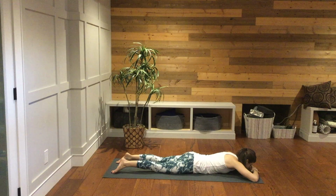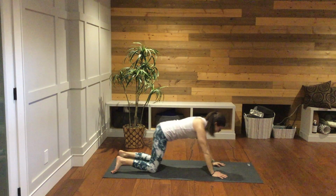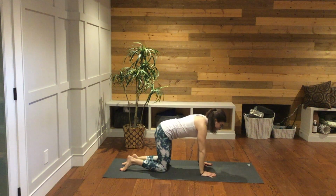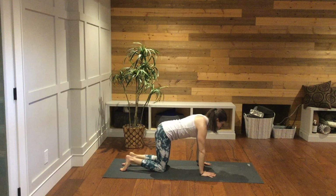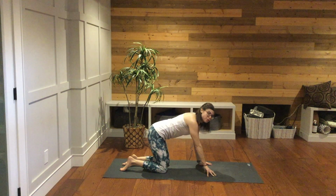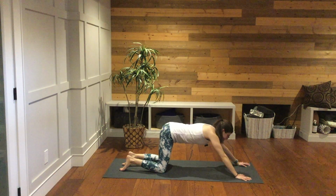Good. From here, bring the hands underneath the shoulders. Come up into a tabletop position. Shoulders over the wrists and the hips over top of the knees. From here, coming into heart melting pose or puppy pose, walking the hands out towards the top 2 corners of